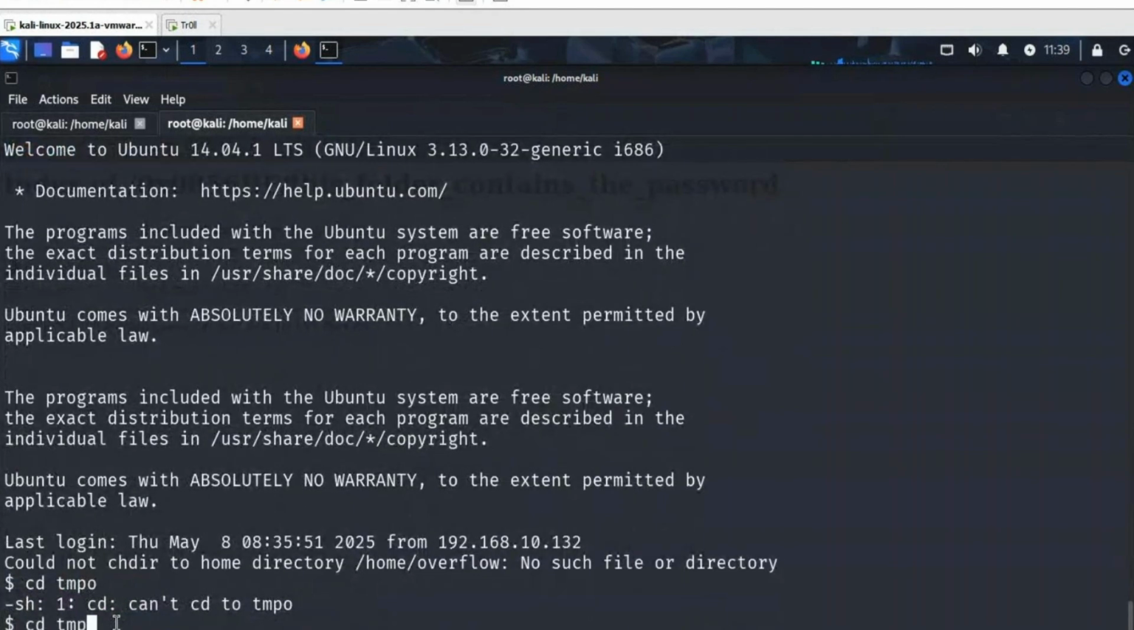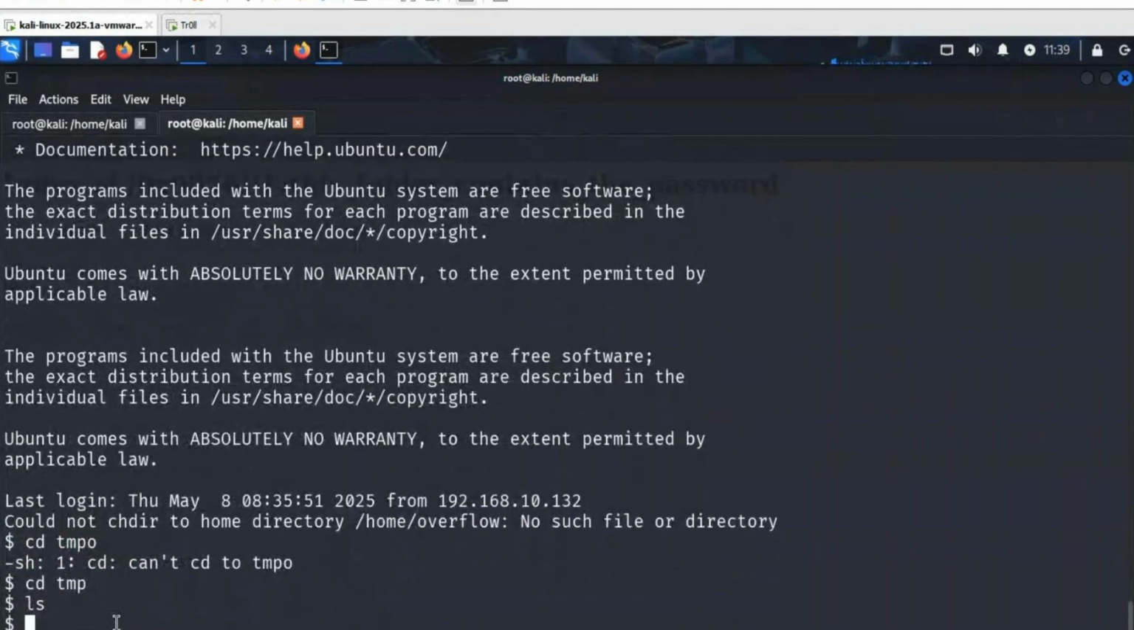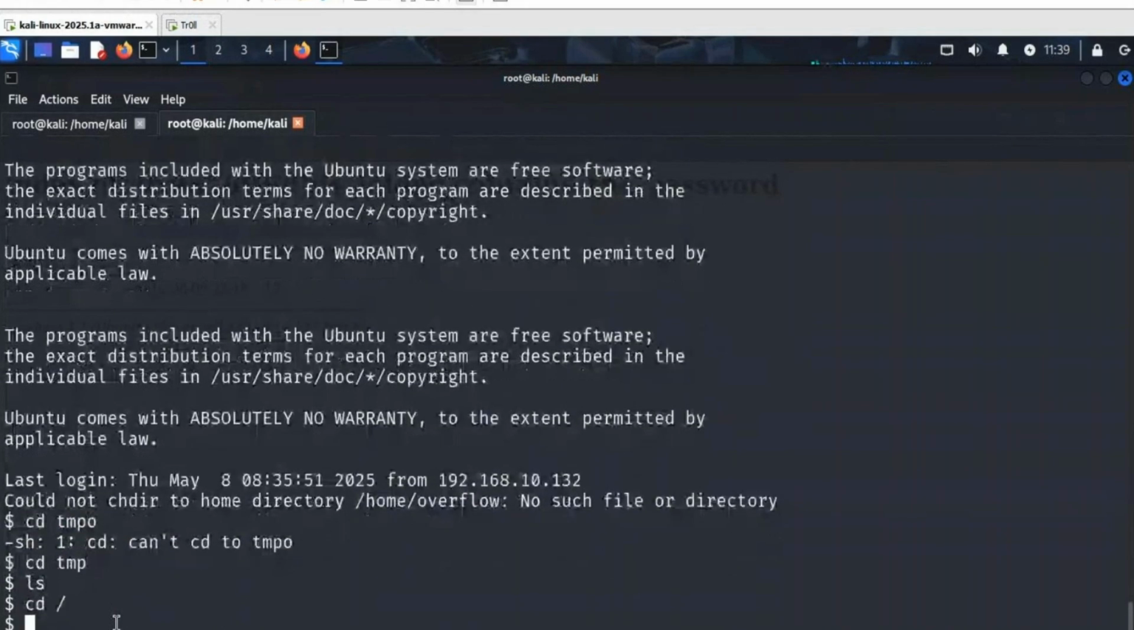you will see if I go to the temp directory again and I do ls, the file we created, abc.txt, is not there anymore. So this is called a cron job. There are cron jobs running in this machine. What will that cron job do? It is removing the files that we are creating in the tmp